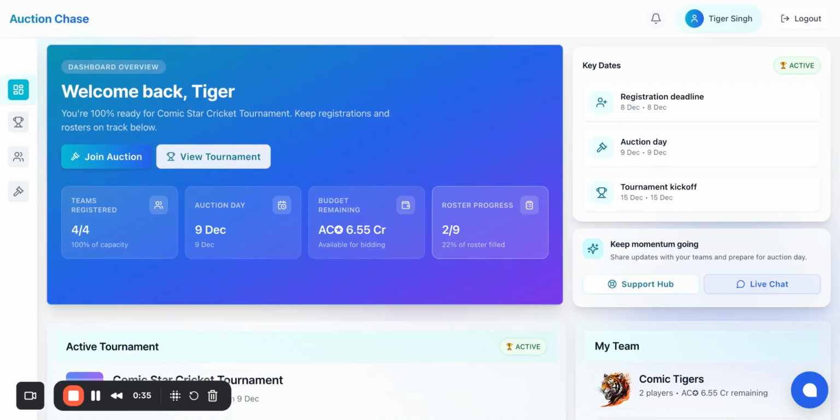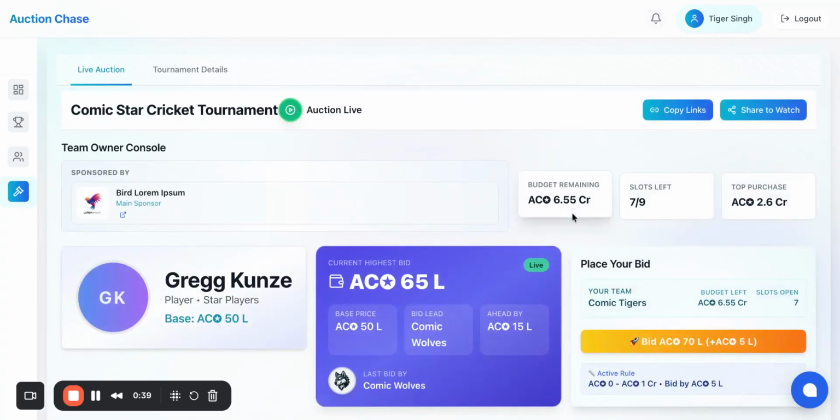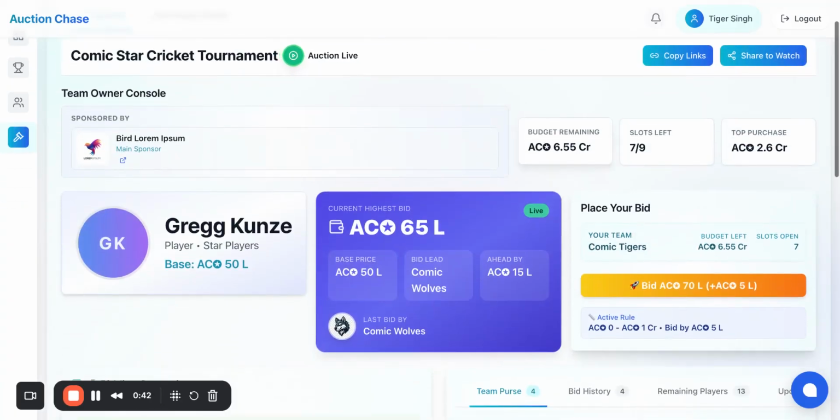So let's start. Basically, you need to click on join auction to go to the auction screen. Now here you have the option to place your bid. This is the common component which we are going to see everywhere wherever the bidding options are provided to the